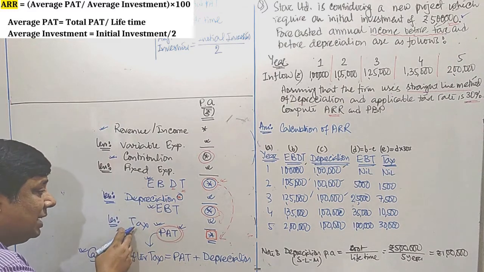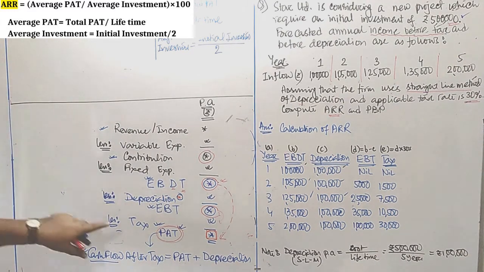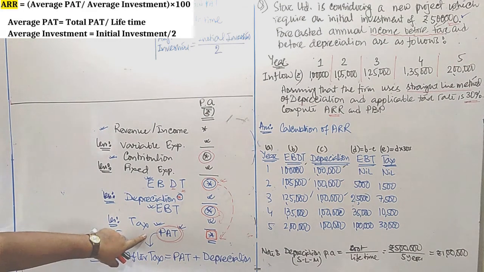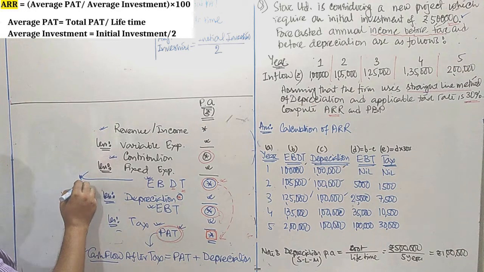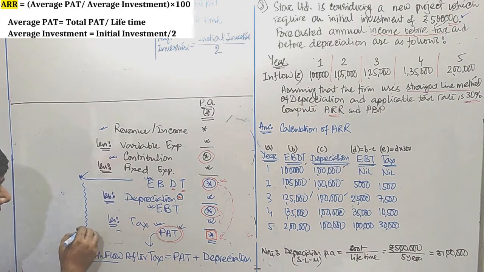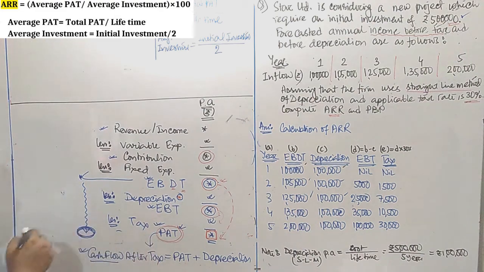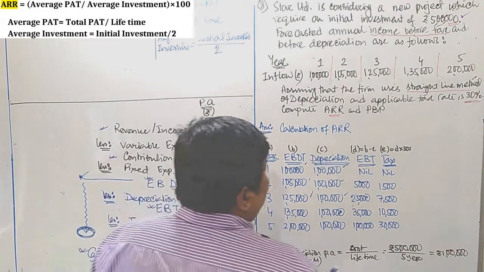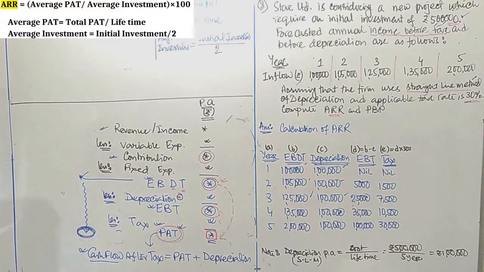Now EBDT and tax, these two components we got. EBDT is also known, tax is also known. In the calculation of accounting rate of return, as I told earlier, first our target is to reach the PAT column. In this question, EBDT is provided to us. From EBDT I gradually process and I try to reach which column? I try to reach the PAT column. That is our motto, to make those bigger calculations, to reach from EBDT to PAT.